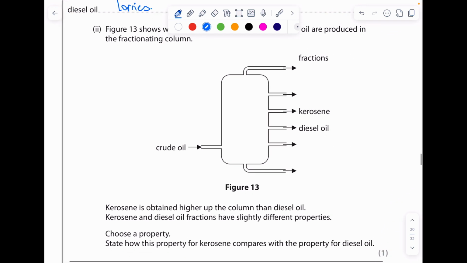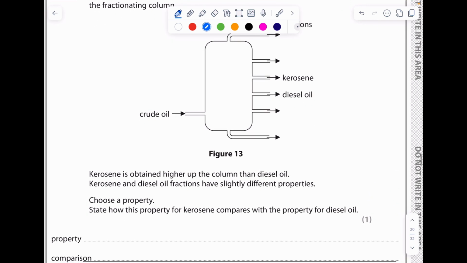So here we've got our fractions. It says choose a property for kerosene and compare it to this. So we've got kerosene's obtained. Kerosene and diesel have slightly different boiling points, so we have to therefore explain: choose a property, state how the property of kerosene compares with the property for diesel. So if we pick